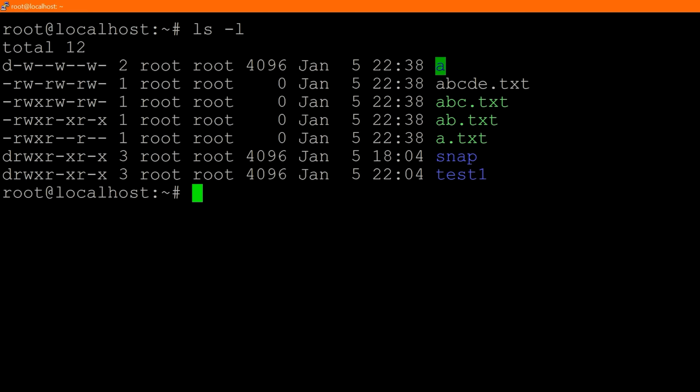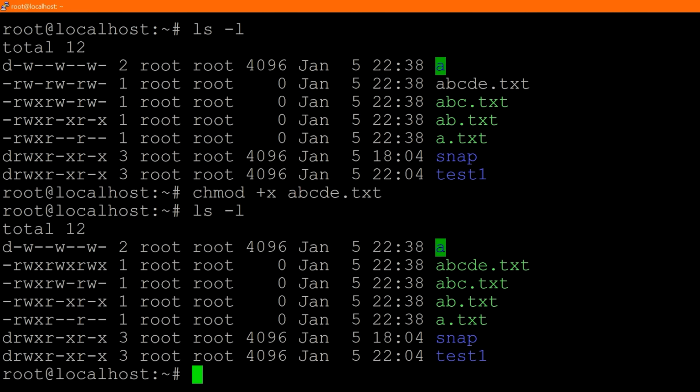The first thing I'll show you is what happens when you don't specify who you want to do the command for, or who you want to change the permissions for. So if I do something like chmod +x and then abcde.txt, and I don't specify u, I don't specify g, I don't specify o, or I don't specify a, again, standing for user, group, others, and all, this is by default going to modify the permission for all. So you're going to see this when I do chmod +x. Now we do ls -l. If we have a look at abcde.txt, notice it added x for all of the users.